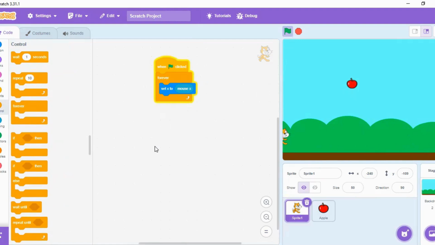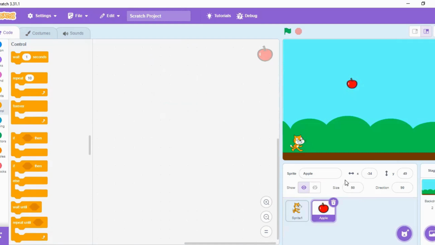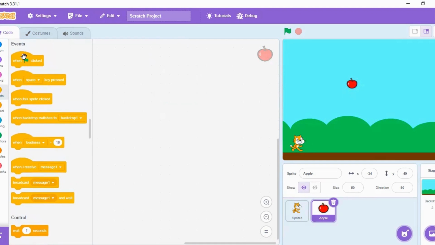Okay, now what I want is, I want this apple to fall from above. Okay, so what I will do is I will select this apple, and in this apple I will start from this event only, and then when I click this, the second is this apple position.